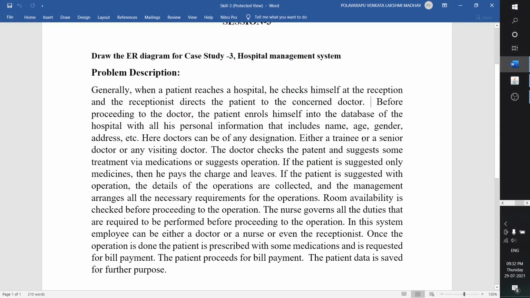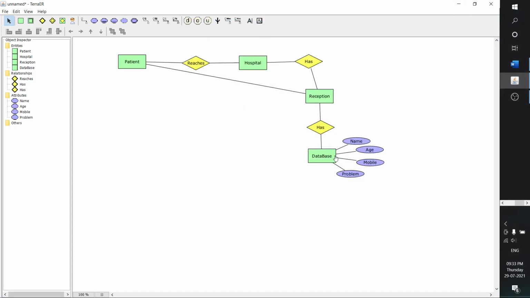After the database gets enrolled with all his personal information, gender, address, etc., doctors can be of any designation, either a trainee or a senior doctor or a visiting doctor. So from here till here we need to consider this thing. After filling this, hospital has doctor.